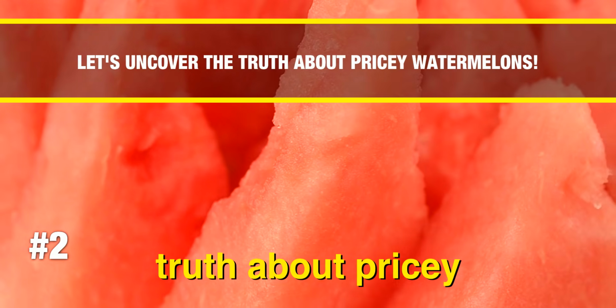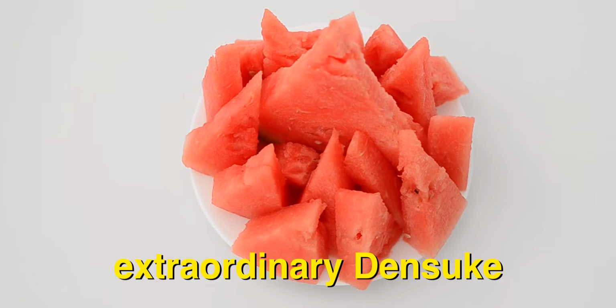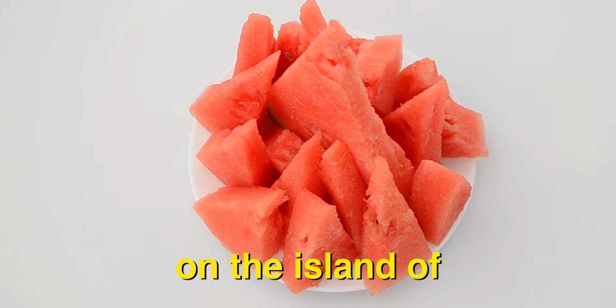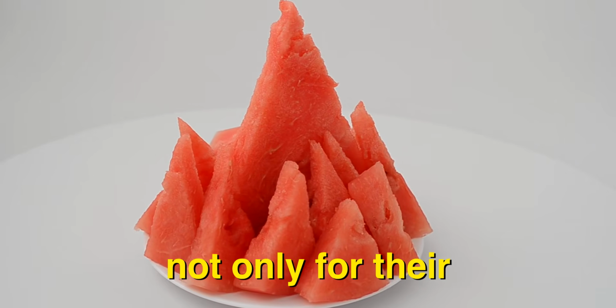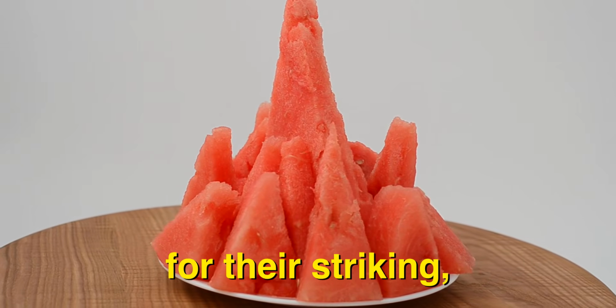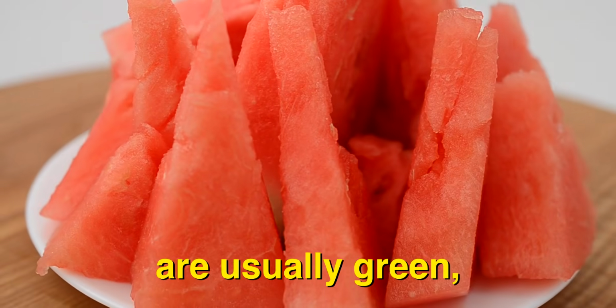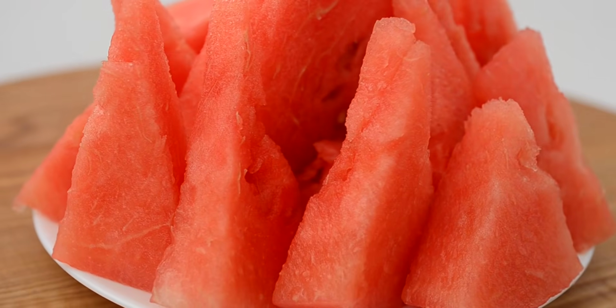Let's uncover the truth about pricey watermelons. The answer lies in the extraordinary Densuke watermelon, a rare gem grown exclusively on the island of Hokkaido in Japan. These unique watermelons stand out not only for their famously sweet and juicy taste, but also for their striking, shiny black skin. Unlike typical watermelons, which are usually green, the Densuke's dark exterior adds a special appeal, creating an air